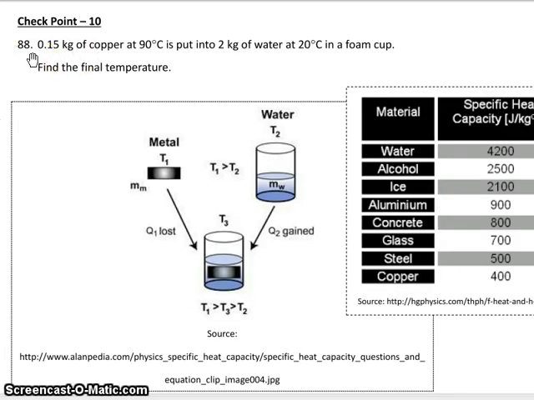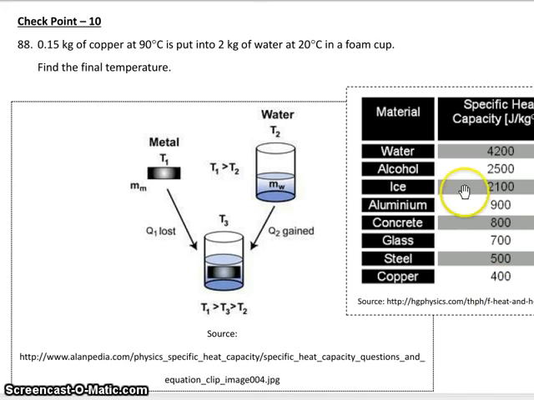Question 88 is pretty much the same, and this time there is a piece of copper, 0.15 kilogram, at a temperature of 90 degrees Celsius, and it is put into 2 kilogram of water at 20 degrees Celsius. So again, the cold water is going to absorb energy, while the hot metal is going to release energy. You may find the heat loss by the hot metal, Q1, expressed as mc delta T, and similarly the heat gain by the cold water, mc delta T again. You may refer to the table on the right hand side to find the specific heat capacity of copper to be only